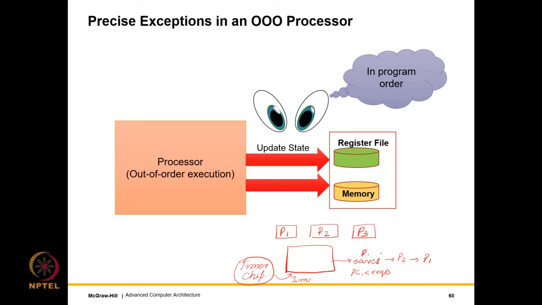So what's happening over here? Unbeknownst to program 1, we stopped it at one point in the middle. We executed another program. Again, we brought program 1 back. We were able to, because program 1 supports precise exceptions, nicely restore its state and execute it from that point. So operating systems take a small chunk of program 1, execute it, then execute program 2, then execute program 3 maybe, then 1, then 2.